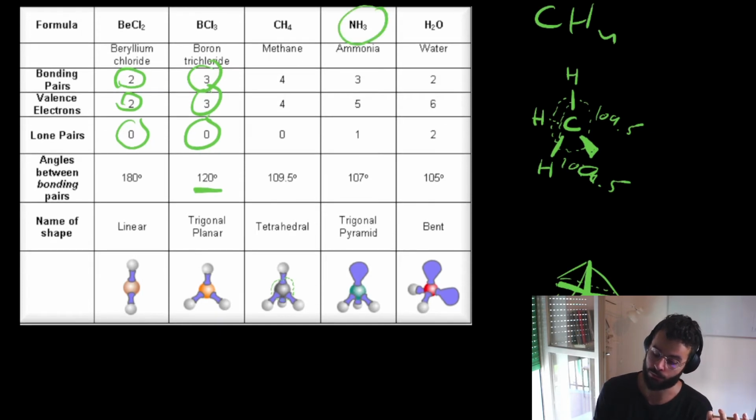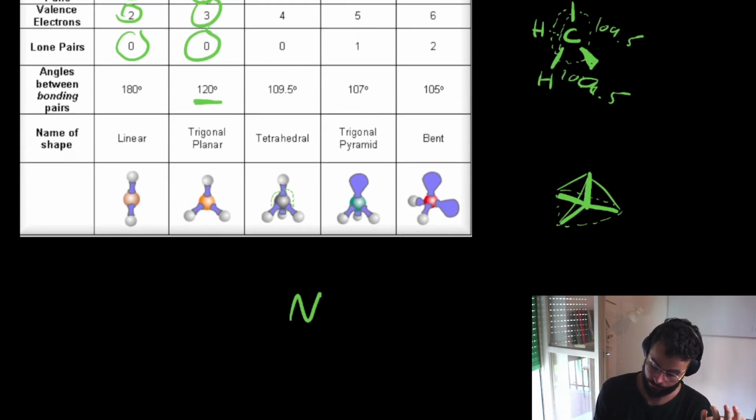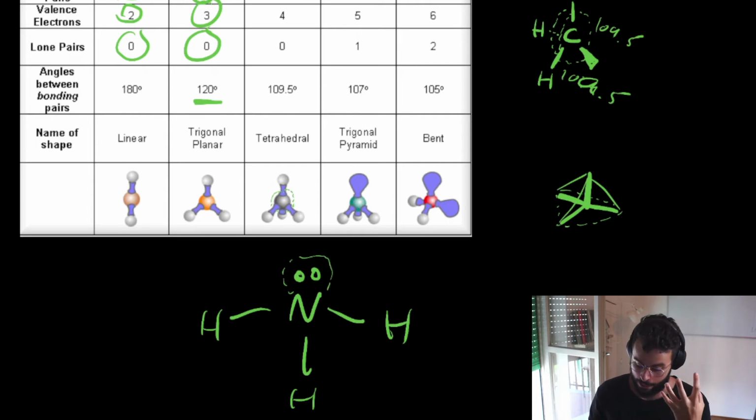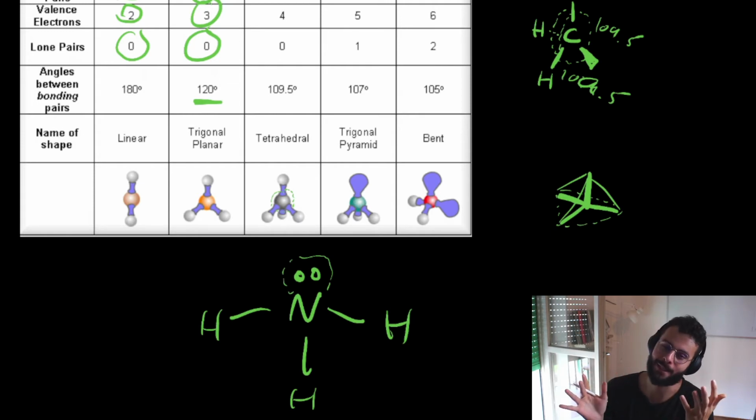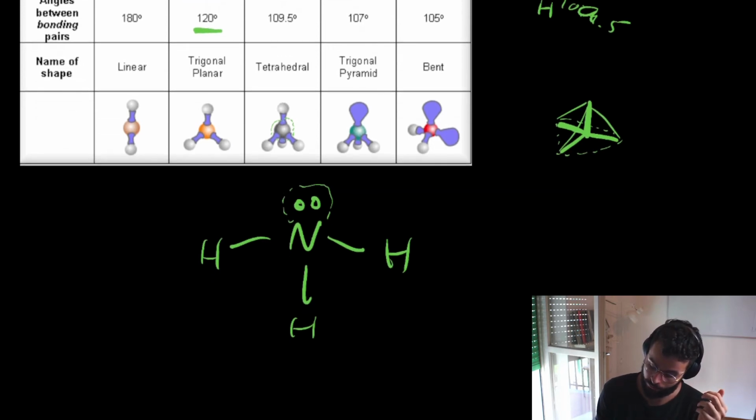So let's take ammonia, for example. Ammonia's Lewis structure is as the following. We have a lone pair on ammonia. And this lone pair just replaces an atom that could connect to this place. So we do have four things to some extent that are connected to the nitrogen. We actually have three things that are connected, but we take into consideration the lone pair as well, which means that we are going to have